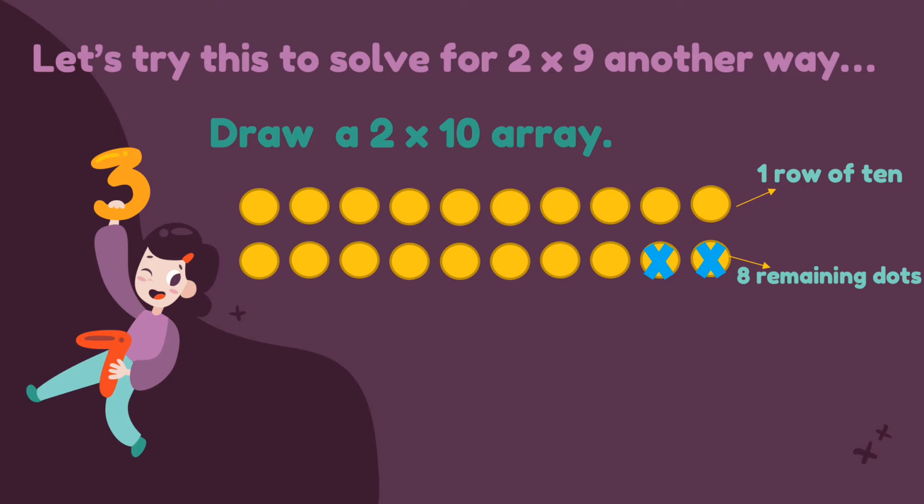So we have one row of 10 and 8 remaining dots. What's the value of all of those dots that are left? Yes, 18. Very good. So that means that from using this strategy that 2 times 9 equals 18. Okay, let's try this strategy